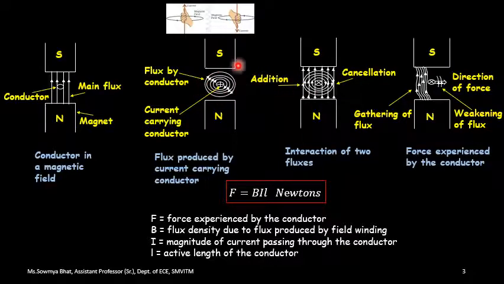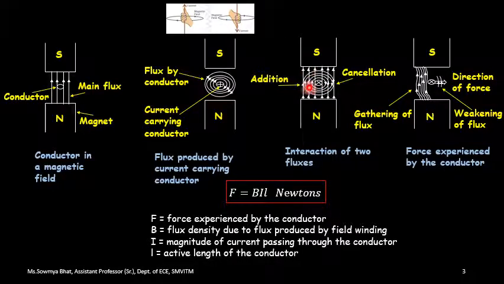Then I have a conductor, so you can see this cross mark conductor. Along with that, the boundaries, you can see the electromagnetic field developed by the current carrying conductor, and I have marked the direction of that current carrying conductor flux also. So you have a contribution from both the fluxes in this particular diagram. So if you see towards the left side of the conductor and towards the right side of the conductor, if you compare, the direction is not the same.